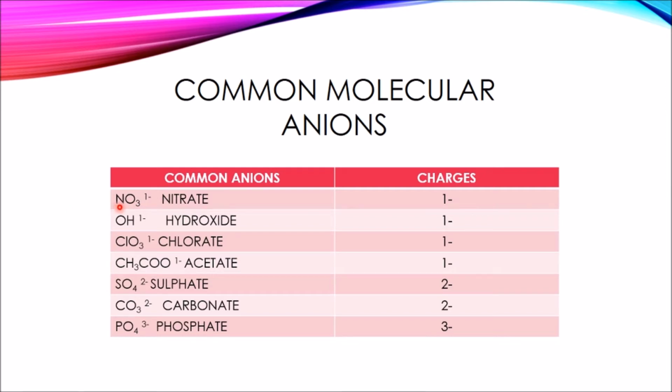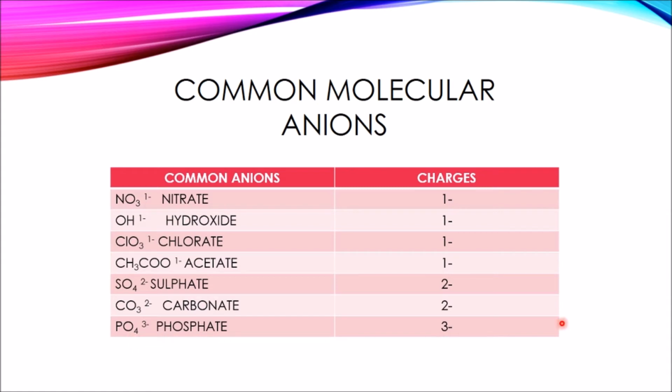For example in this case we have nitrogen and oxygen combined and we have one negative charge on that. What is that ion called? It is called nitrate, and the charge on that is one negative. Similarly we have OH ion which is called hydroxide, and the charge on that is 1 negative. So we have some anions with 1 negative charge. We have 2 ions, sulfate and carbonate, with 2 negative charge, and phosphate ion which has the formula PO4 has